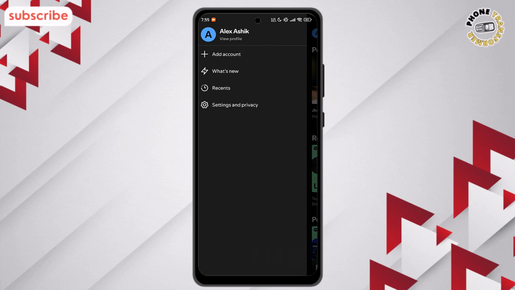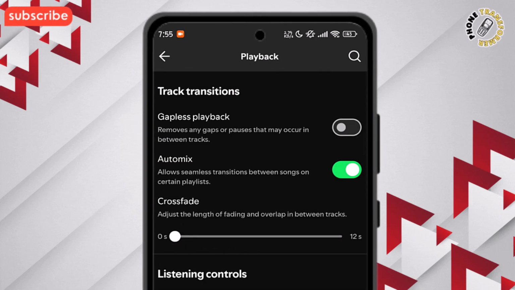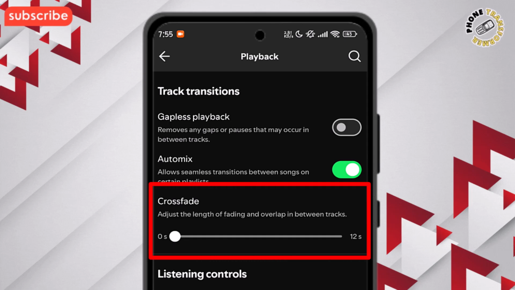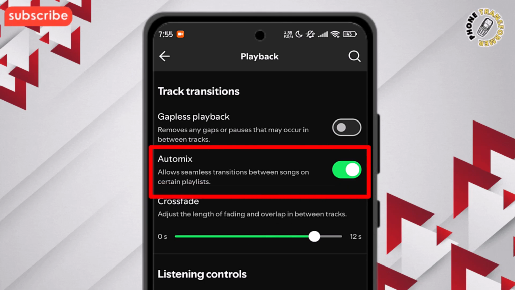Step 3. Select Settings and Privacy by tapping the gear icon. Step 4. Scroll down and tap playback to access playback options. Step 5. Find the crossfade option and drag the slider to set your preferred overlap length between songs. Step 6. To enable DJ-style transitions on certain playlists, activate automix within the same